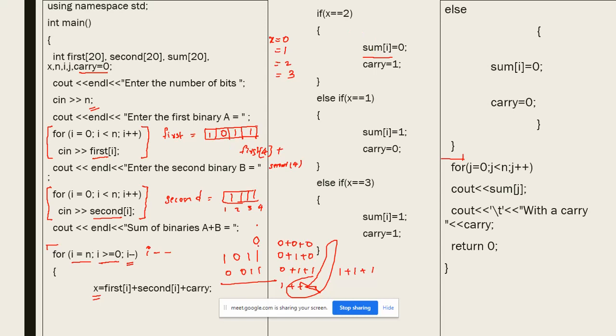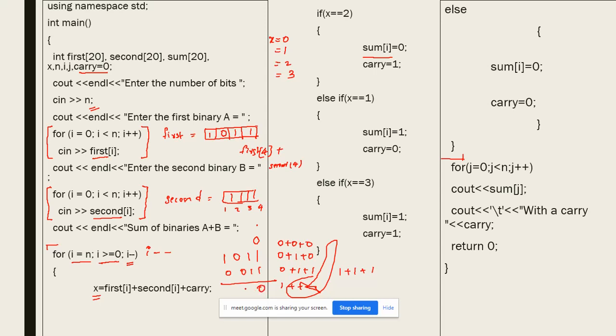Therefore, what will happen is, the initial carry is 0 and 1 plus 1, that is 0 plus 1 plus 1, x is equal to 2 in this case, and the compiler will see that x is equal to 2. Now the condition is, if x is equal to 2, the sum has to be equal to 0.